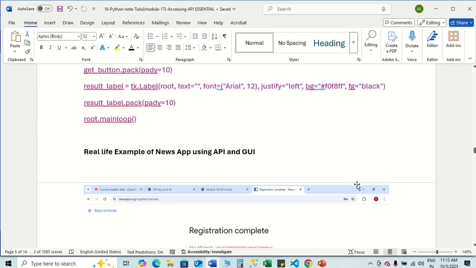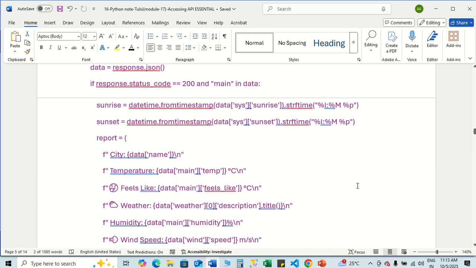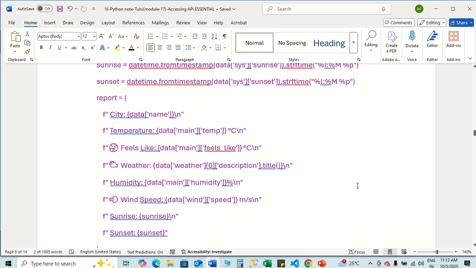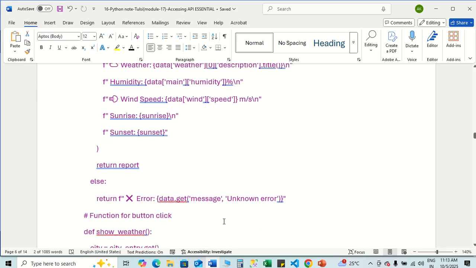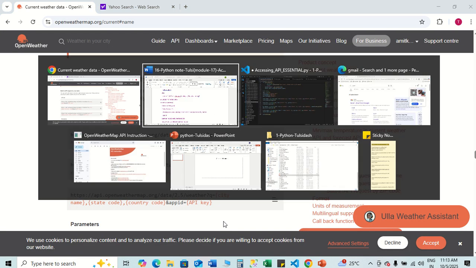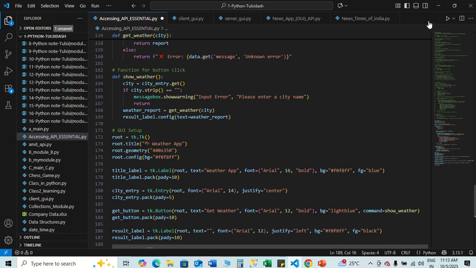Here everything is same. We are going to understand about the city name, temperature, then feels like, weather, humidity, wind speed, and sunrise. See this here, everything. Now when we run this,